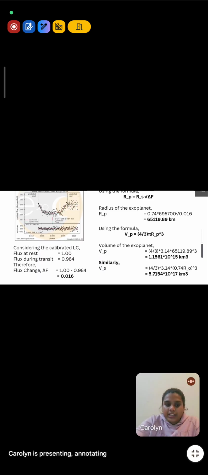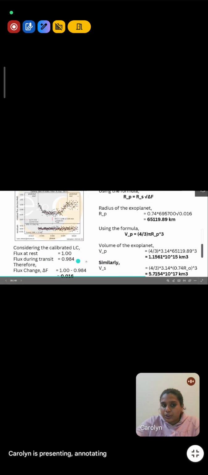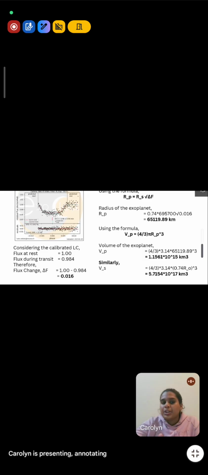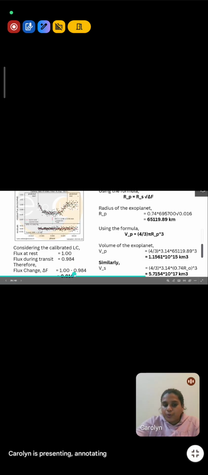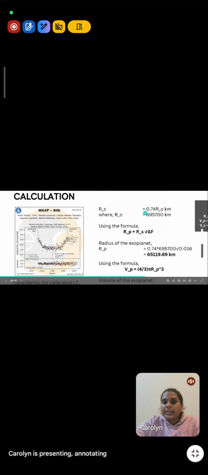So we take the change in flux, that is the flux at rest minus the flux during the transit. That is the minimum value up to which the flux goes down during the transit, right? So our flux change would be 1 minus 0.984. So you get around 0.016 or 0.015, depending on whether you have taken 0.984 or 0.985. And then we had